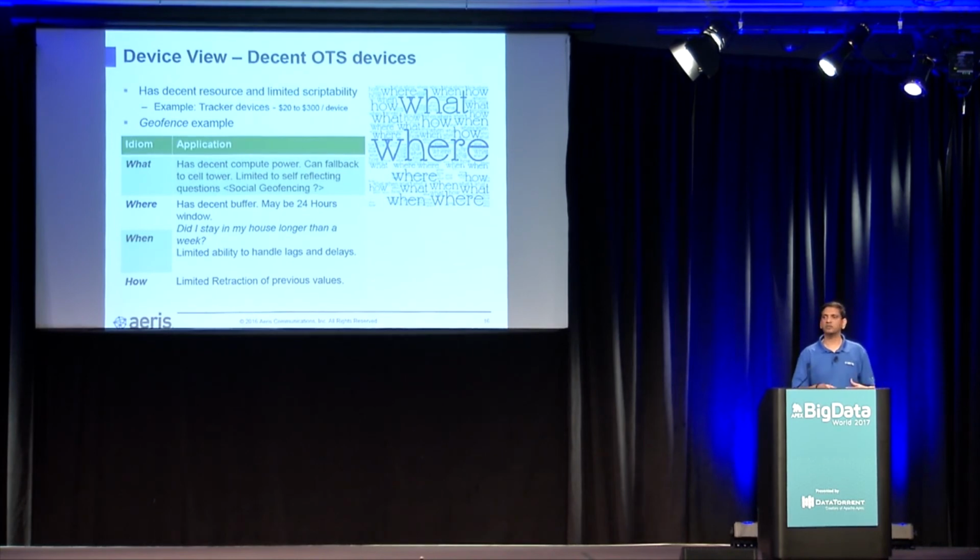But we also have our solution tracking devices that are $900, $800 devices, like motorcycles in developing countries. There, you really cannot afford a $200 device if it's 1/4 of the cost of what you are tracking. So there, we are using lower cost devices. So you have to be aware of this what, where, when idiom along these lines. If you think about the geofence example, you can do geofence in the device. So you can send the construct around what you're looking for.